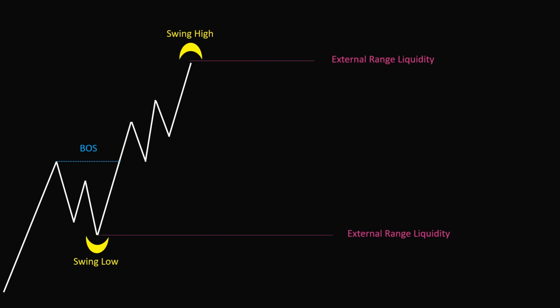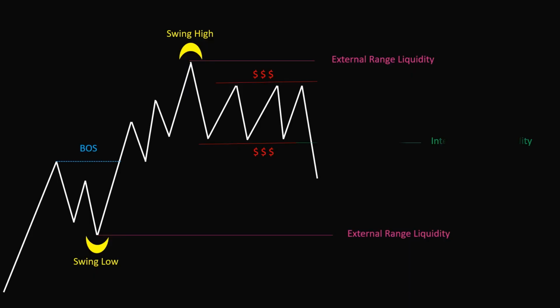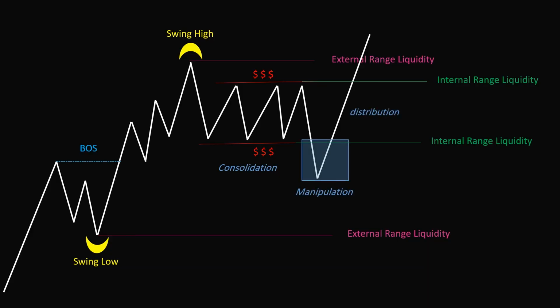Sometimes, after forming a new swing high or low, the market may enter a consolidation phase. This is where institutions and big players begin building their positions through accumulation or distribution. During this range-bound phase, both buyers and sellers place stop losses at key levels, creating liquidity on both sides. These setups give smart money the perfect excuse to make a move that works in their favor, gathering large positions